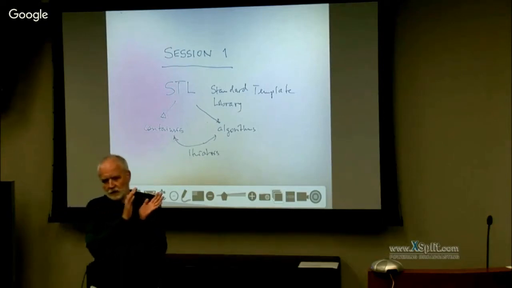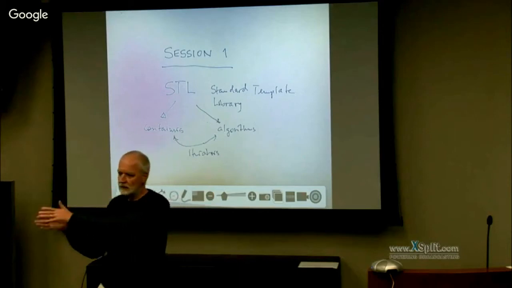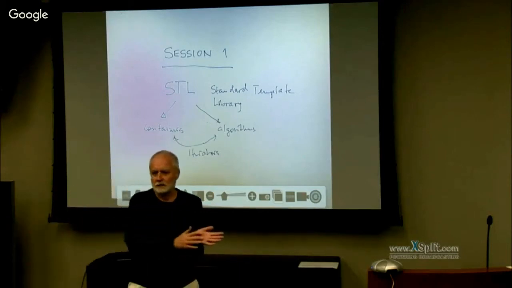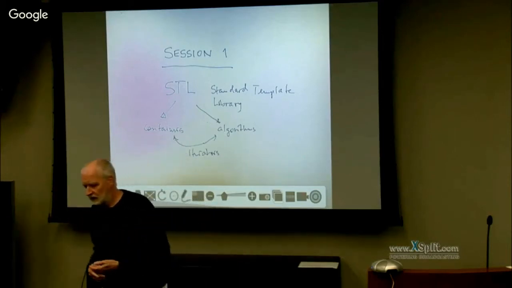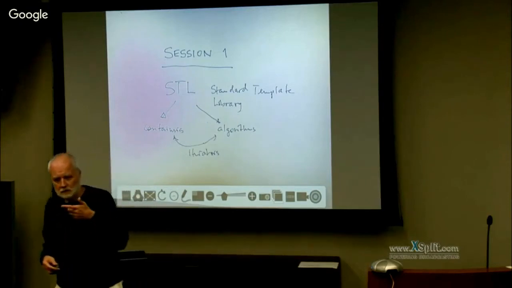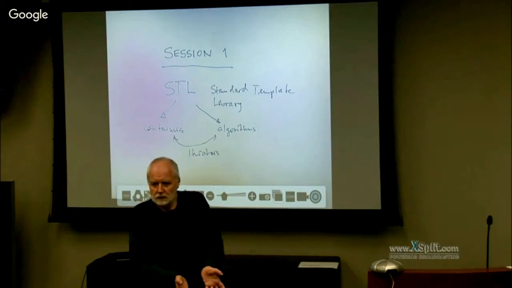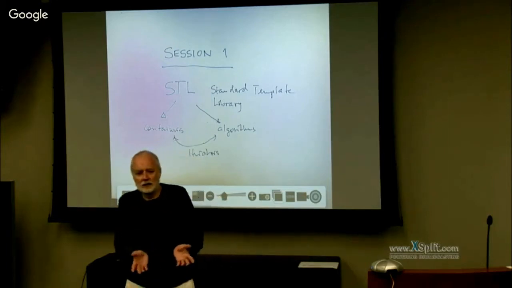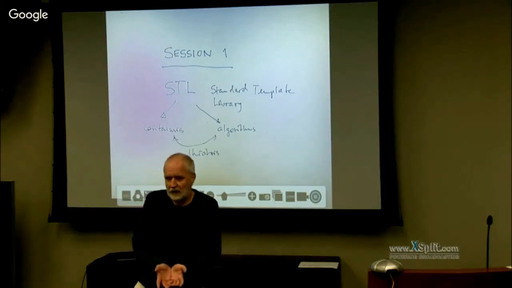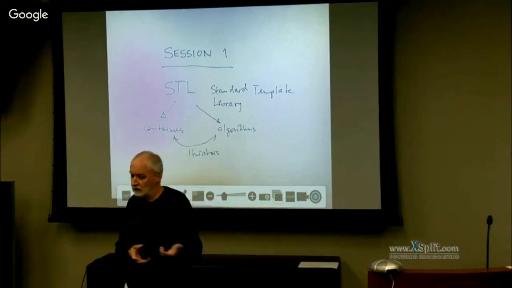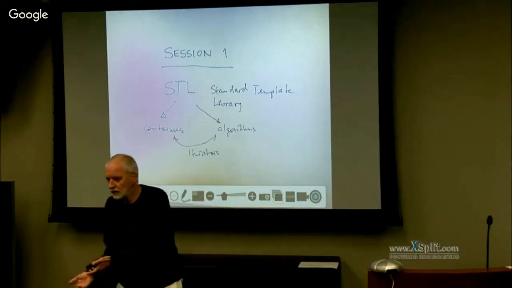The algorithms don't know anything about the containers, and containers don't know anything about the algorithms. And that has a nice side effect: if you figure out, hey, I need an algorithm which is not in the standard, because the things I need are different from what is implemented.